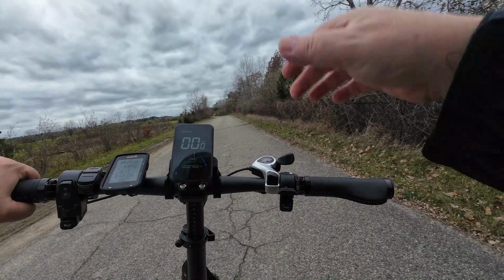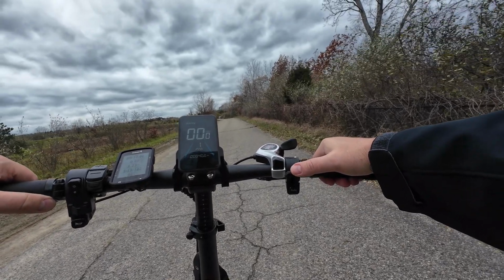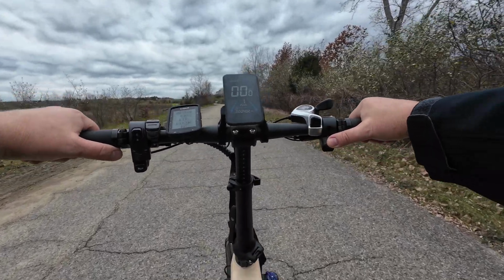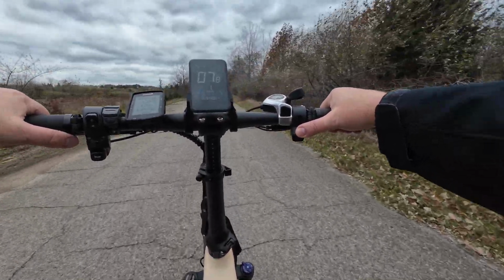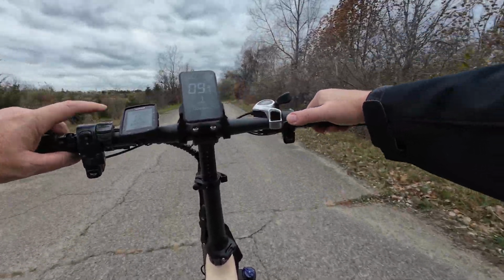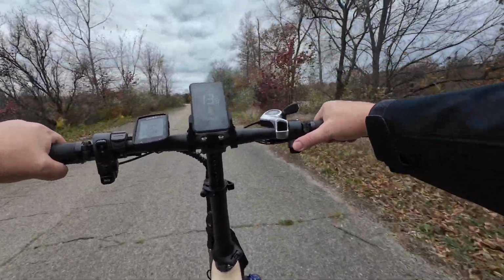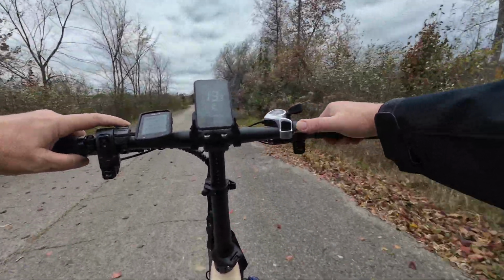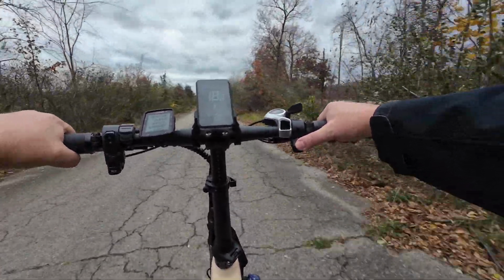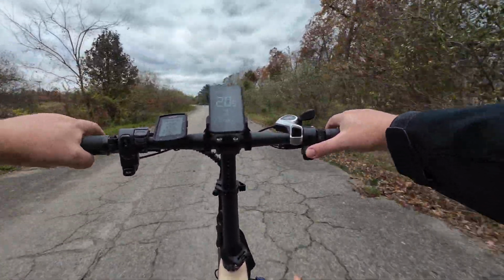So we're gonna do one other test with the throttle and the different PAS speeds. I believe on this bike, the throttle's limited to the same speed as the pedal assist level, so you don't get 28 or 20 on every PAS level. So we'll do PAS 1. And we're right around just under 9 miles an hour. So PAS 2, we've got 13. PAS 3 should get us around 18. 4 should get us a little over 20, so